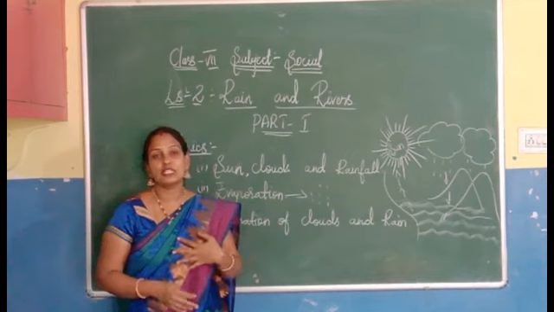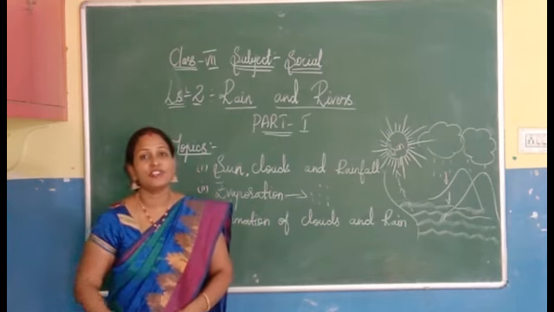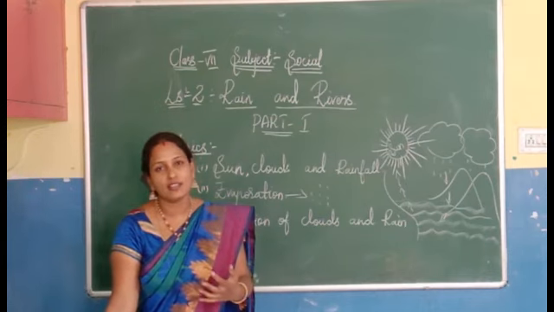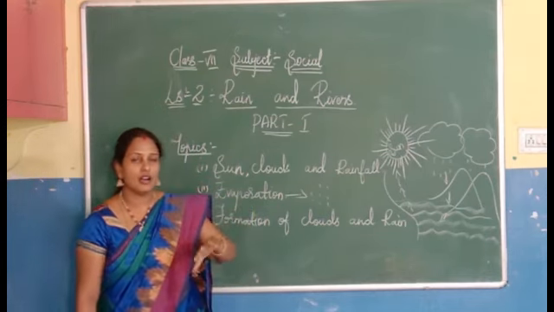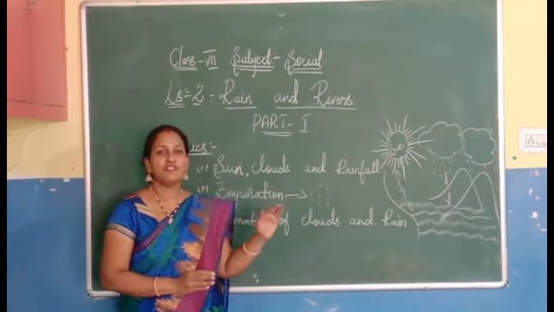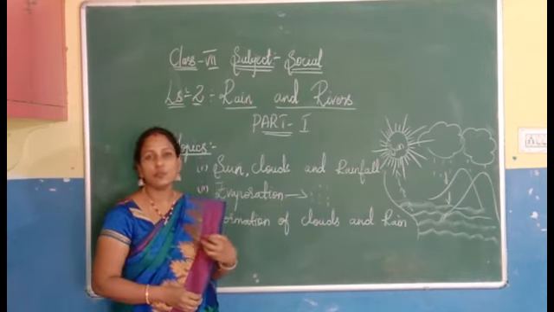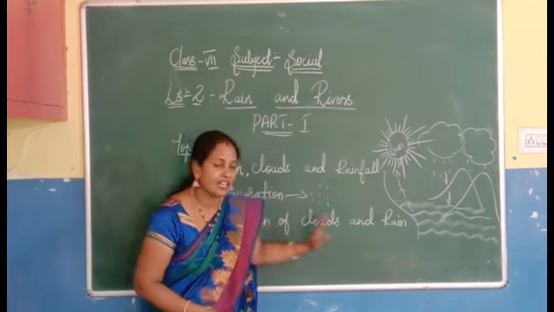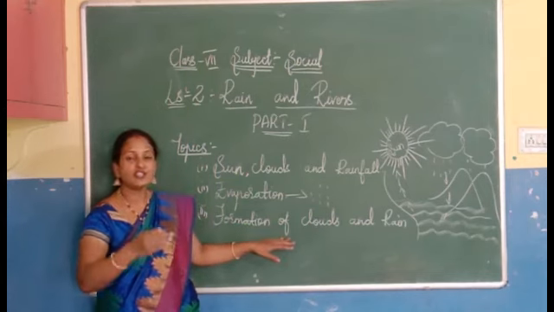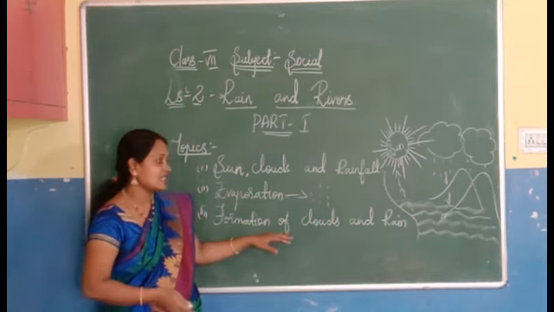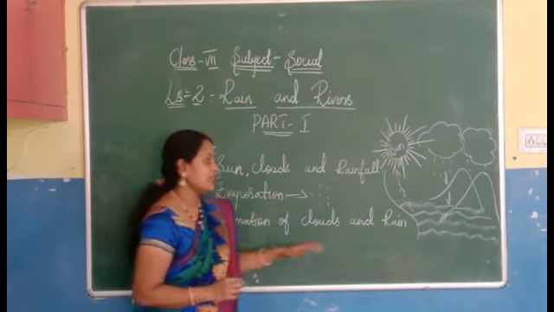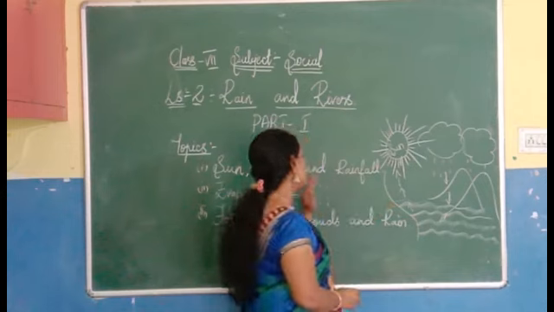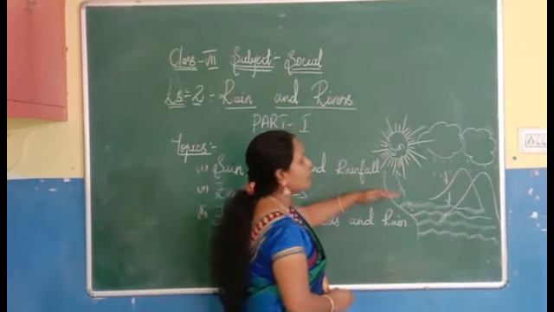Even from our bodies, in summer season, doctors generally use the word dehydration. What happens? The moisture present in our body starts evaporating in the sun. In the same way, from our bodies, trees, animals, from everywhere, there is a chance of moisture being absorbed into the air. Okay, next the formation of clouds and rainfall. You have learned this process in previous classes, but you are going to learn it in more detail. Here is a small picture of the water cycle. So what is a water cycle? It is interrelated to all these things. First, evaporation.